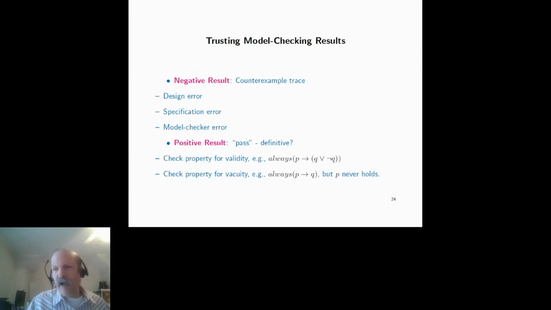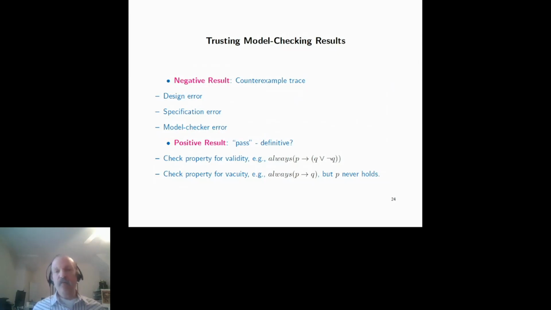Now remember, there was an issue of trust from the very beginning. Why do you verify programs? So you can trust them. Model checking has the advantage that when it fails, it gives you a counterexample trace. And then you can go and analyze it. What was it? Was it an error in the design? Maybe there was a bug in the specification. Maybe the model checker was buggy, but you have a counterexample you can analyze. Why would you trust it when the model checker says yes? The real worry is that your model checker said yes, and maybe you missed something. So the industry has developed various tests.